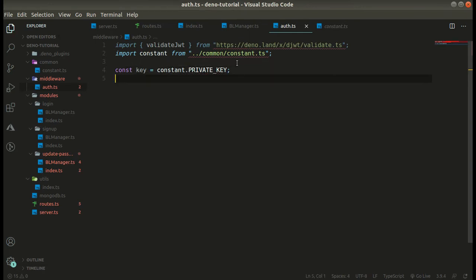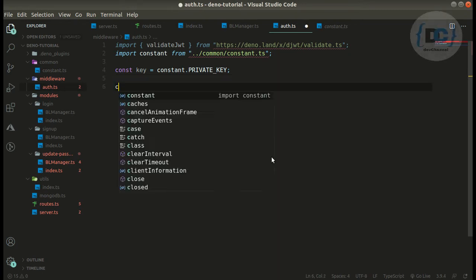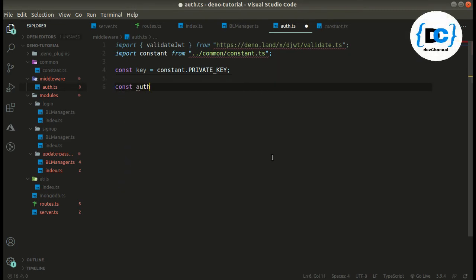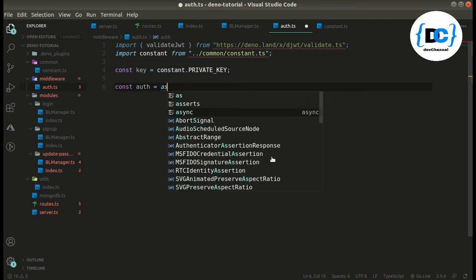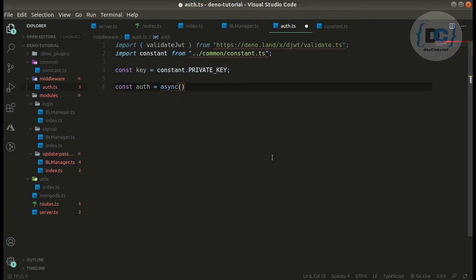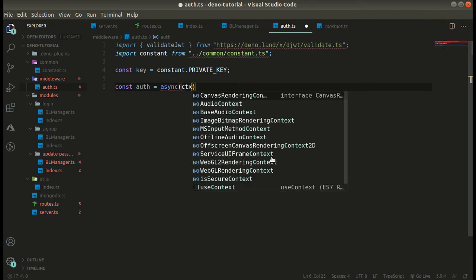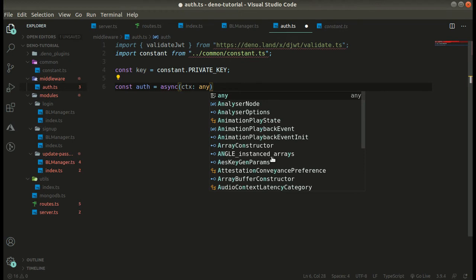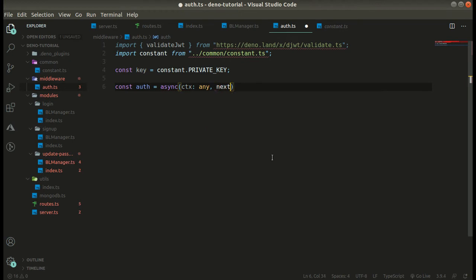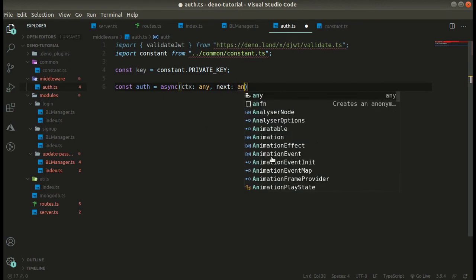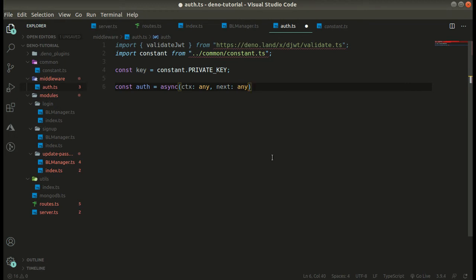Now let's create the middleware function, const auth. It will also be an async function, and over here we will have context, as usual, of type any. We also have next, as any.